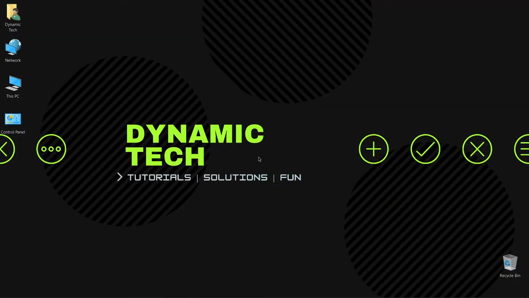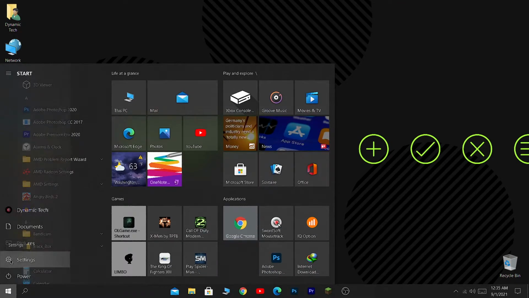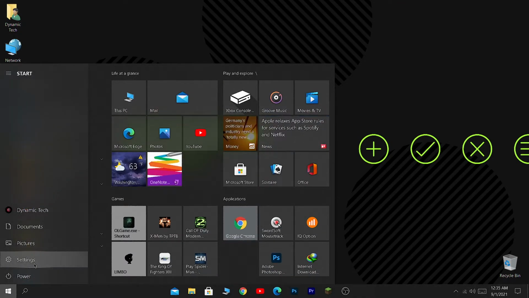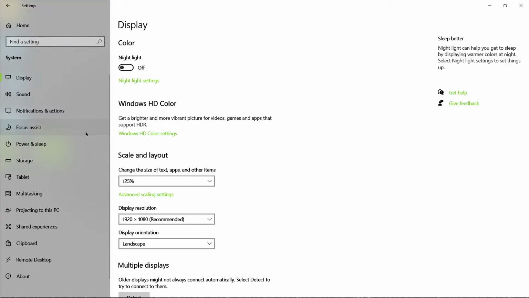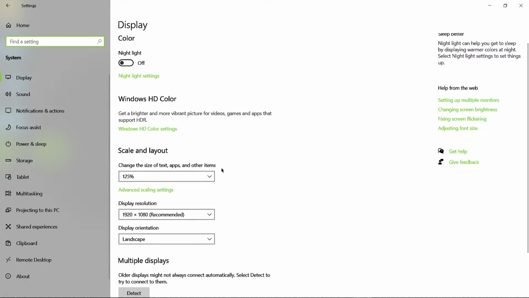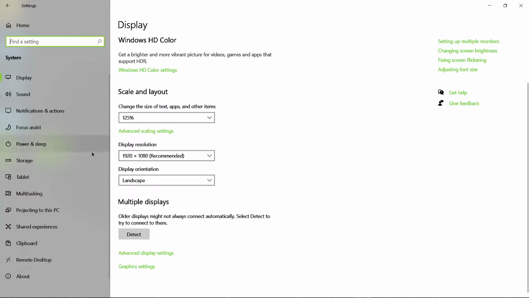Okay guys, first of all you have to open settings. So open the start, and from here you will find settings. Click on it and let it open. And after opening settings, we should go to system first. So click on system, and you should choose these settings as per your taste, but what I'm gonna recommend here is you